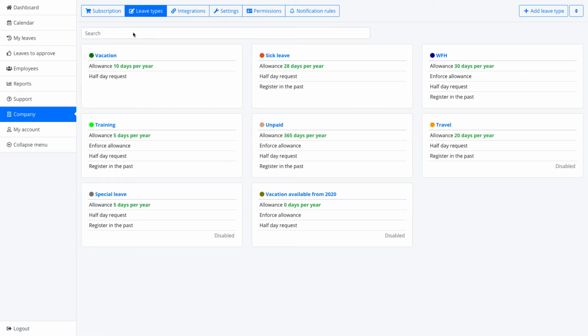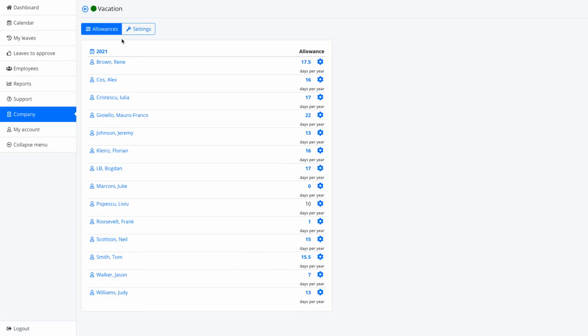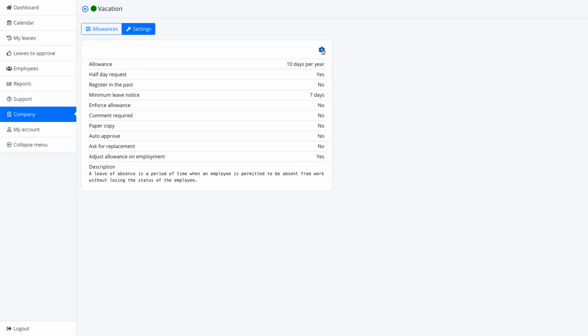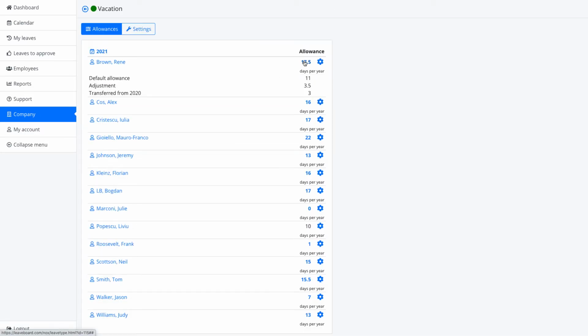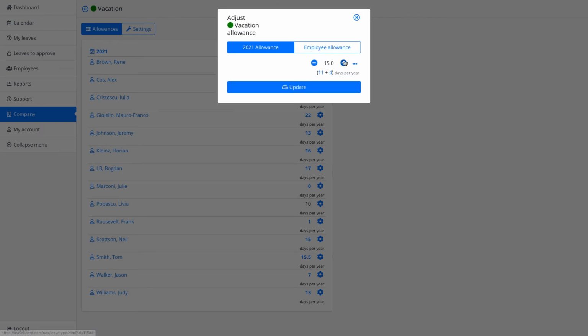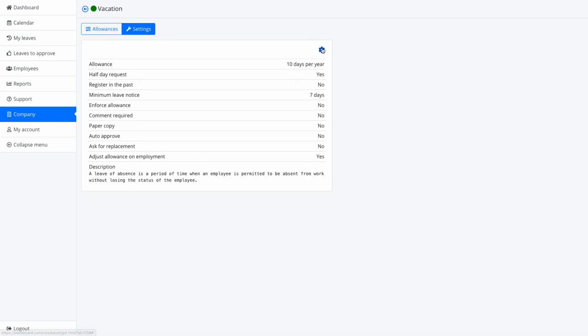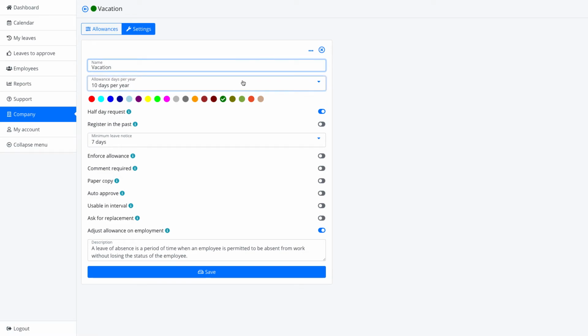Then we have the leave settings, and here you can create as many types of time off or leaves of absences, and for the vacation or holiday in UK, you can modify the allowances for each employee super easily. And then on this other tab, on the tab settings, we have the name, the general number of days per employee, the color which will be highlighted in the calendar, if we allow half-day requests to the employees to book or not,